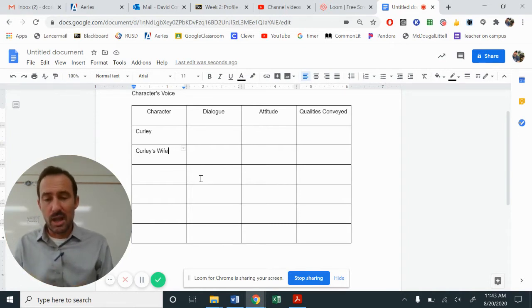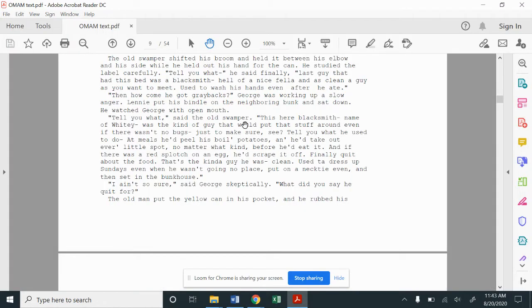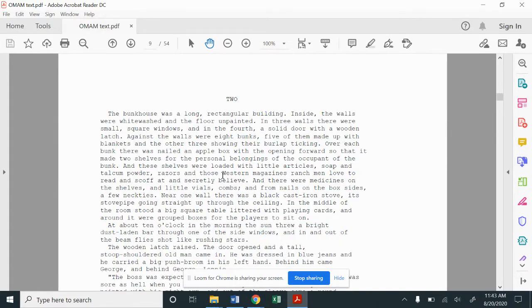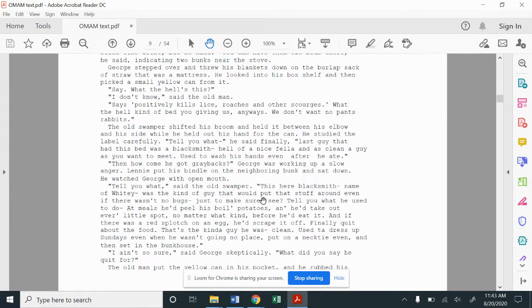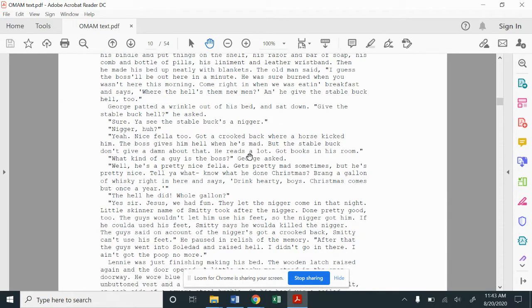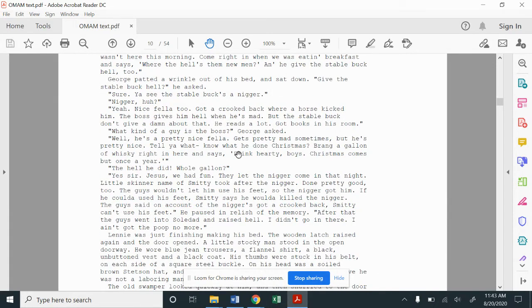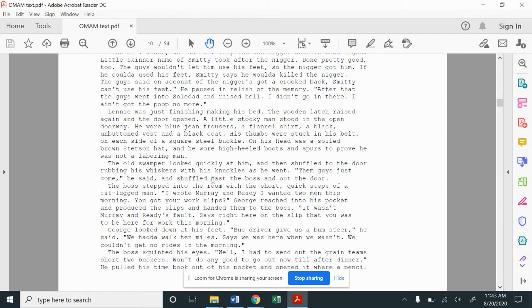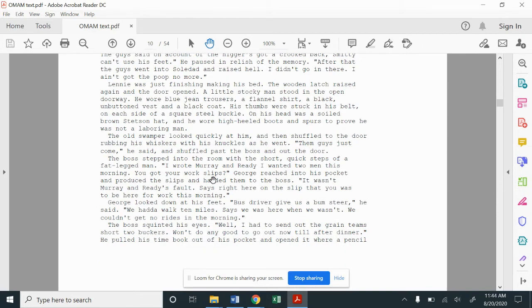So if we look in our text, I've got my book in front of me, and I'm going to be going over to the second chapter. Let me come over here as well. So you see in chapter 2, let's make sure I'm on the right page. Here we go. Chapter 2, they begin talking about the bunkhouse. Candy's introducing them and telling them where they will sleep and what's going on. They talk about Crooks, who's the African-American stable-buck. He doesn't live in the bunkhouse. He lives on the backside of the barn. He's segregated during this time.